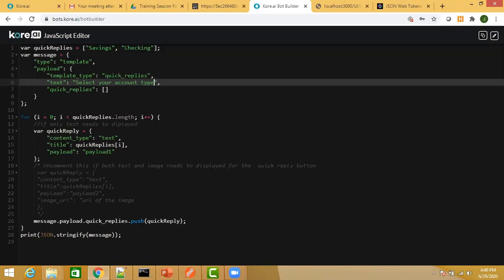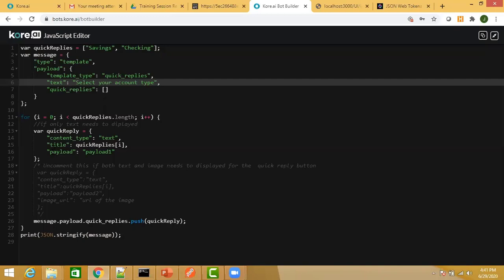Similarly, if the user clicks on the checking button, the value of checking should be stored within the entity. So it is not only what you're displaying on that choice, but if the user selects that choice, what is the value that will be returned to that entity. What will be displayed is your title, and what will be returned if the user selects that choice is the payload.